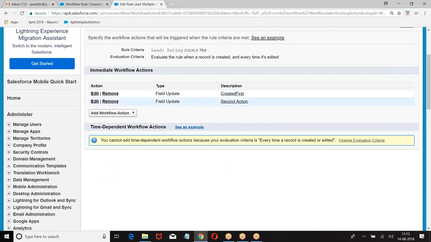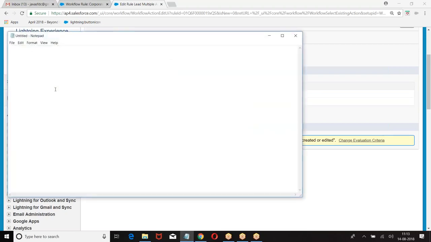Now, there are multiple actions added to the same workflow rule. Now, which action will run first? Now, look at this point. If the one created first is running, let us say this is created first. What is the action? Both the actions have to run. What is the second one? Second action.